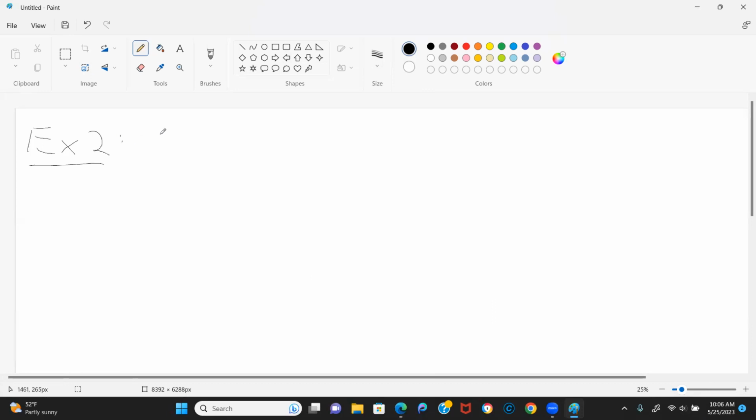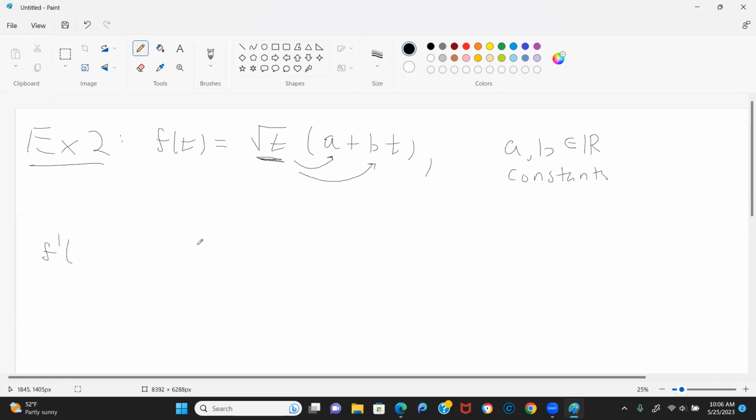So we have the function f of t, and it's going to be equal to the square root of t times (a plus b t), where a and b are real numbers and they're constants. We want to find the derivative, so we're going to use the product rule. Technically, you don't have to use the product rule for this. You could distribute this term through to the a and then through to the bt, and then just differentiate each piece individually. Perfectly fine way to do it,